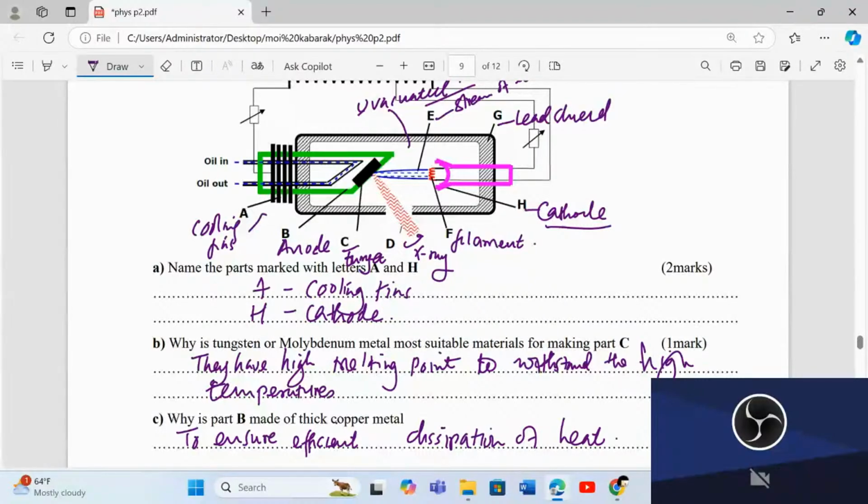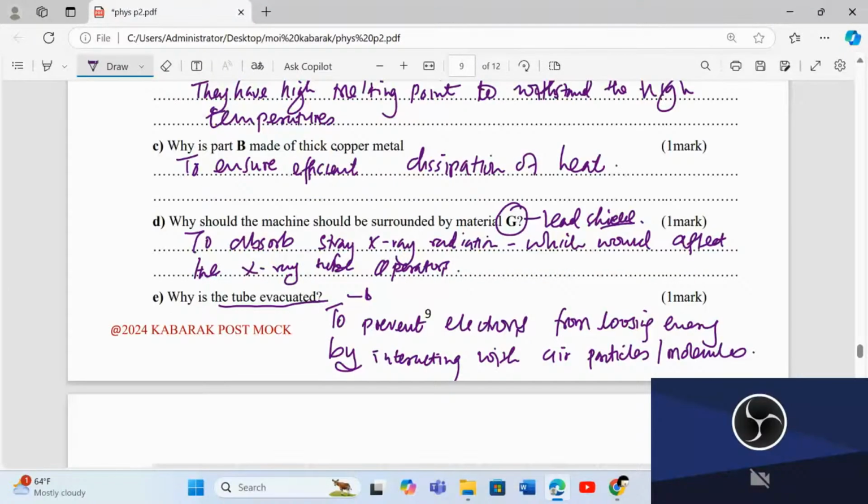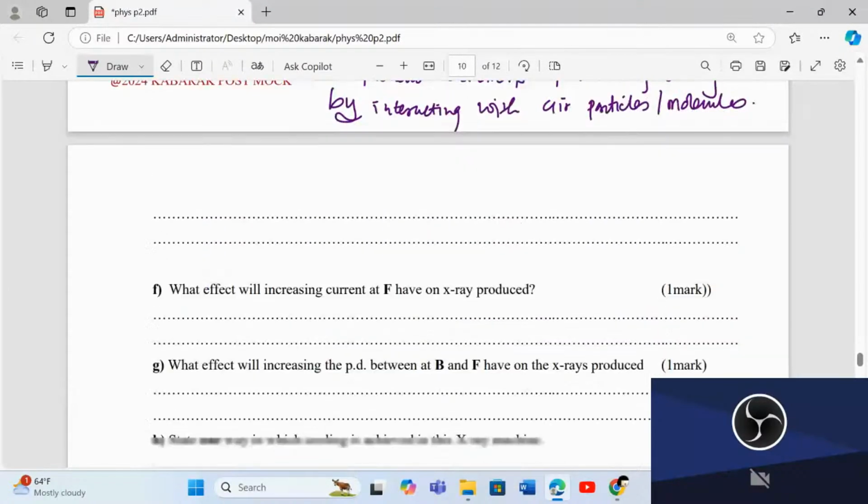And if you increase the quantity of the X-rays produced, then we expect an increase of the X-rays, because the thermionic emission will also increase. Therefore, we can say